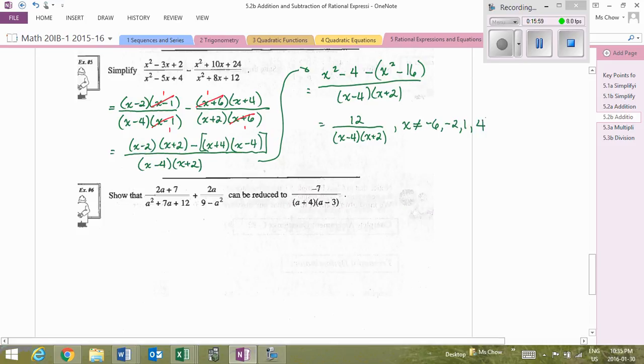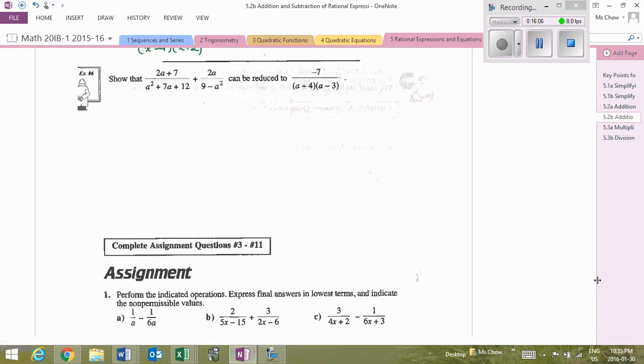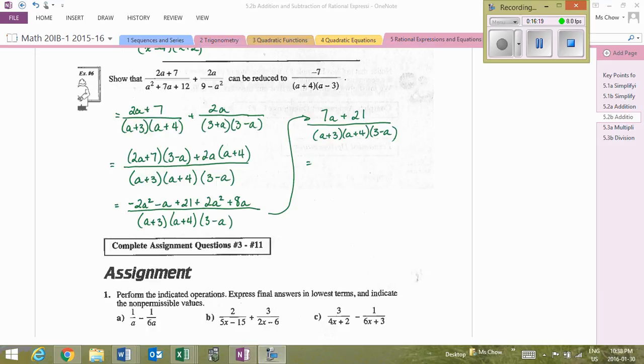Okay, great. So let's take a look at example number 6. So show that that first expression can be reduced to the second. So I think that requires some factoring to start off with. So why don't you go ahead and factor that, hit pause, and then come back. Okay, so